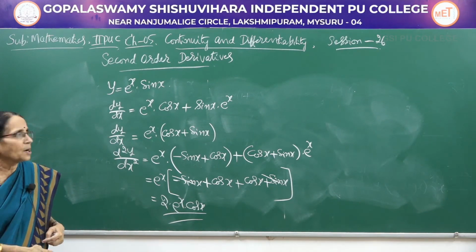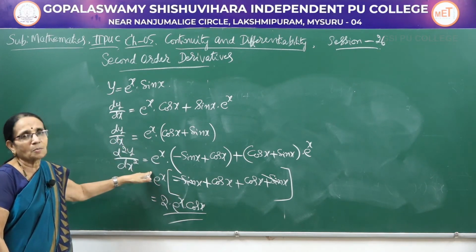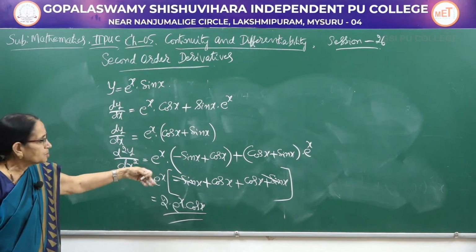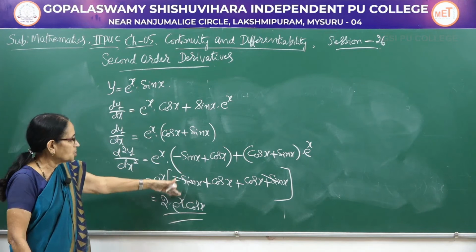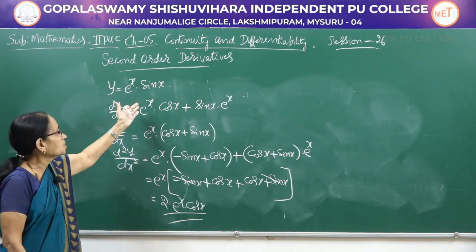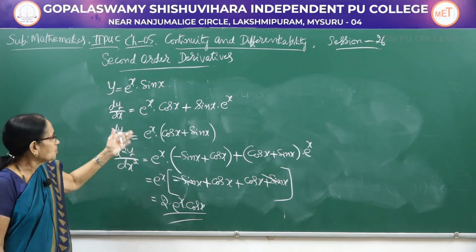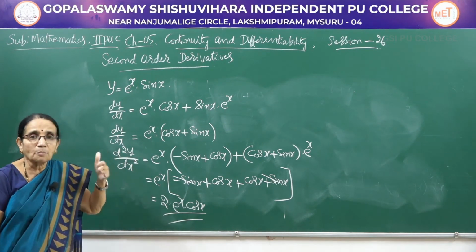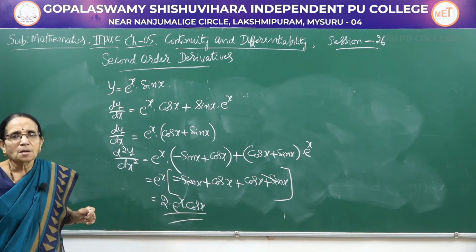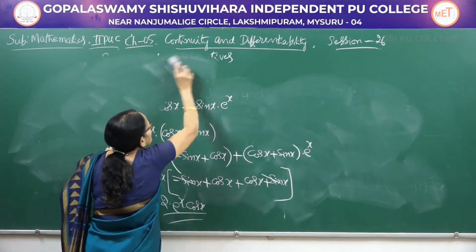So, you take out the common factor, and even after the second derivative you get a common factor. After taking it out, there are possibilities of simplifying the function. Of course, here we had sin x, so it got cancelled. It may be some other function, e power x into log x, or x into e power x into tan x or secant x. It can be anything. Whenever e power x or a power x is involved, that always comes out as a common factor. Taking out the common factor, you can go for the second derivative.